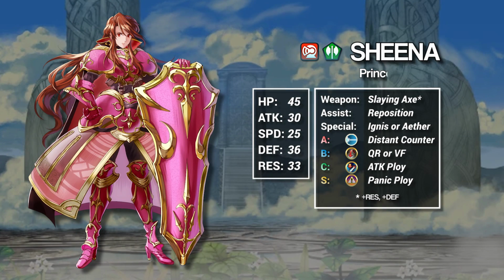Last but not least, we have Sheena, the ultimate in defensive technology. Sheena has some of the best mixed bulk in the game, and now that we live in a world where enemy phase melee threats demand enemy phase answers, Sheena excels. She has more than enough resistance to Ploy, letting her function as a defensive anchor and frontline support for mixed